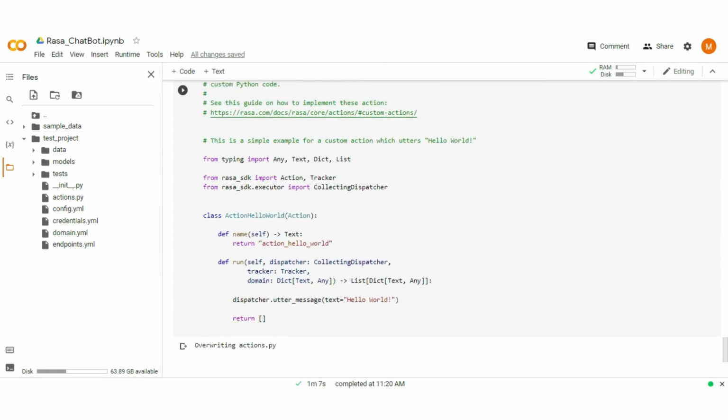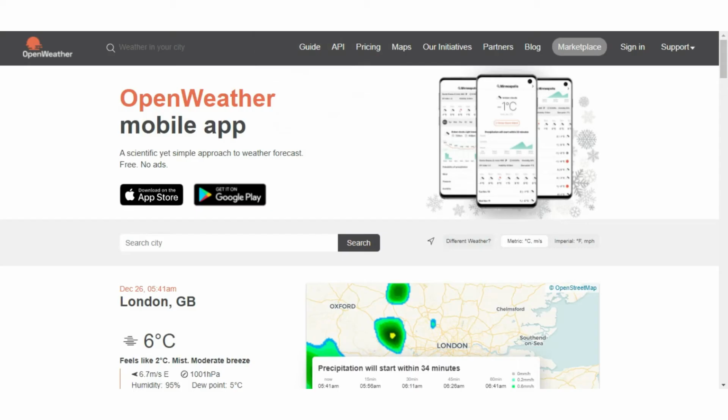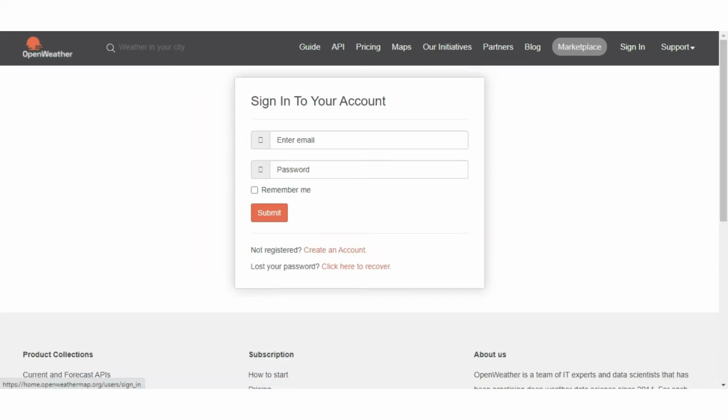First, we have to create a key to use the OpenWeatherMap API. Move to the OpenWeatherMap website. Click on sign in, as I already have an account. If you want to create an account, click on create account.